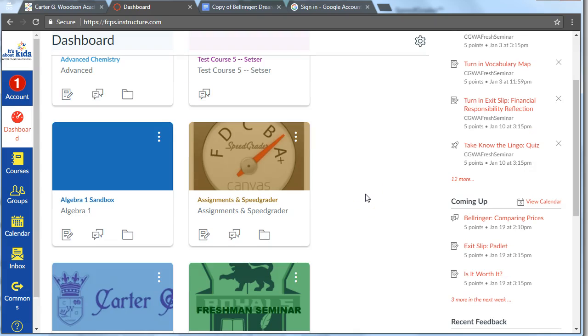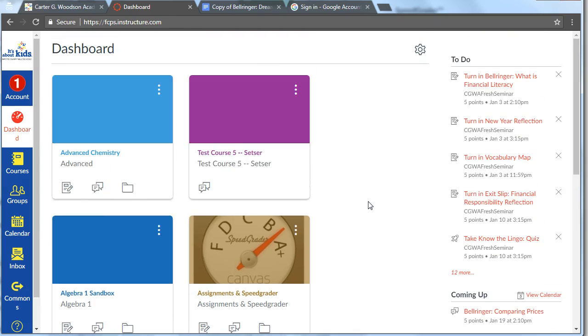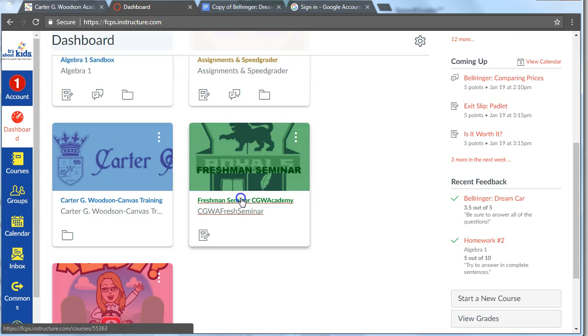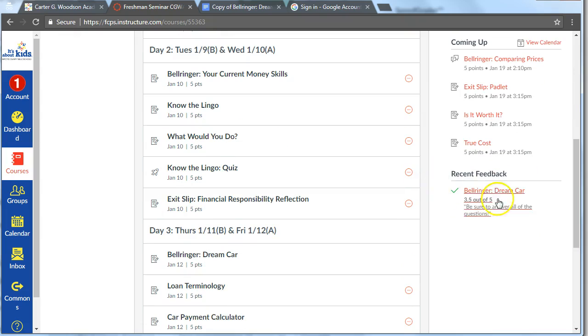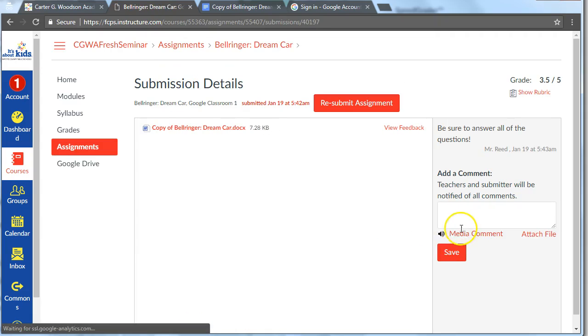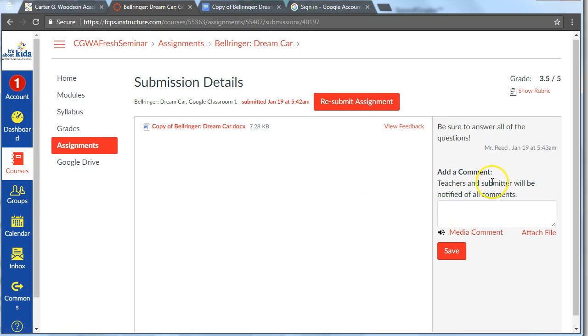But again, some of that may be on paper. Some of the grading that students receive, some of the feedback may be traditional pen and paper as well. Now, they can also click on a course. So if I want to look at my Freshman Seminar course, then over here on the bottom right, I see that recent feedback dialog, but it's focused only on this course. So there's this one assignment from this class that has been graded. If the student clicks on that, they will be able to see